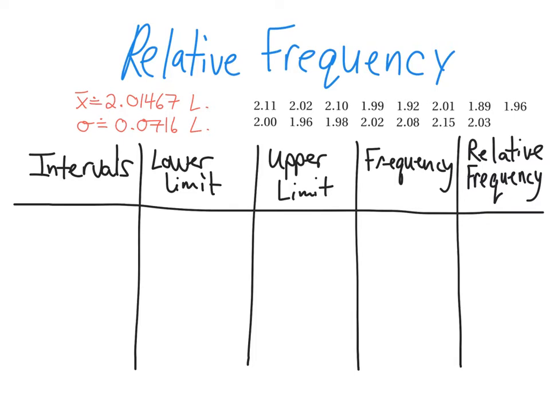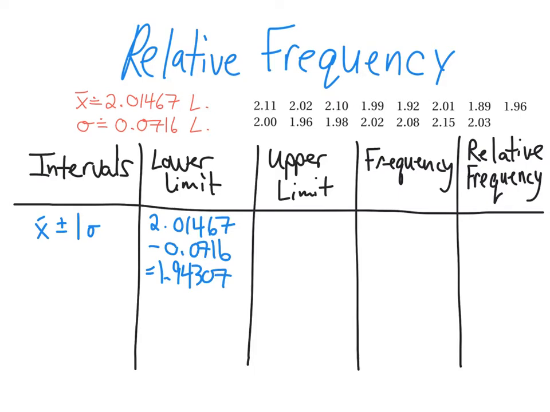So we're going to take that standard deviation and the mean, and we're going to add the standard deviation to the mean, and we're going to subtract the standard deviation from the mean. So in the first column, we're going to take the mean of 2.01467, and we're going to subtract the standard deviation of 0.0716, and that'll equal a lower limit of 1.94307. And for the upper limit, we're going to add